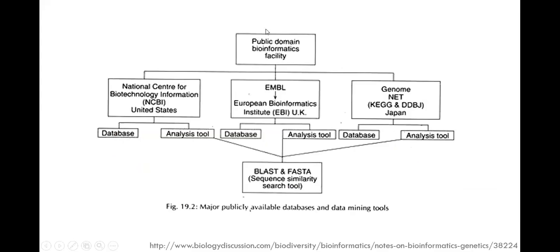And just make sure that all the databases are publicly available. You don't need to pay money to use any of these biological databases, or they are funded by governments, and publicly available. As you know, regarding the ethical, social, and other consequences of the Human Genome Project, we talked about how any information should be publicly available, it should not be hidden. Based on the motto, all databases are publicly available. The public domain is NCBI, the National Center for Biotechnology Information, United States; the European Bioinformatics Institute, UK; and GenomeNet. DDBJ is conceptualized in Japan. So these are the tools.